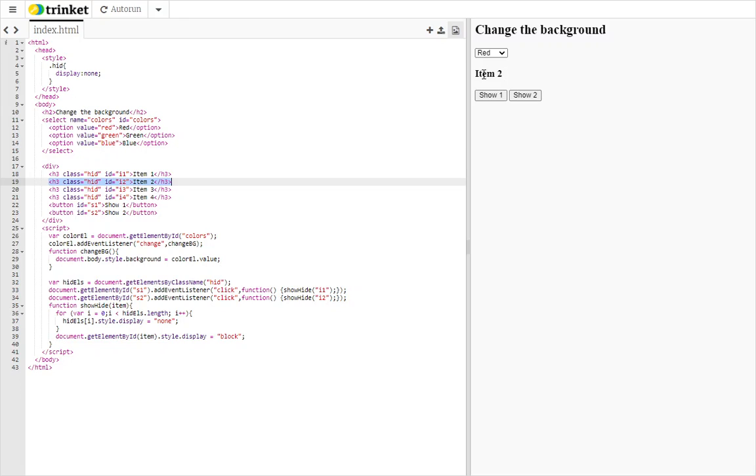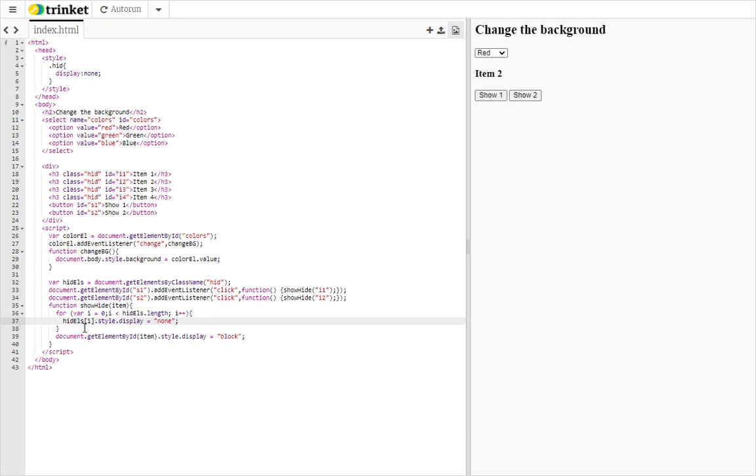So now we see item 2 is because it hid everything, looped through all of them hiding them, and then showed it. So even if I click on 2 again, technically it's hiding it, and then it's just redisplaying it based on our current code. But this is a very succinct, very short piece of code,